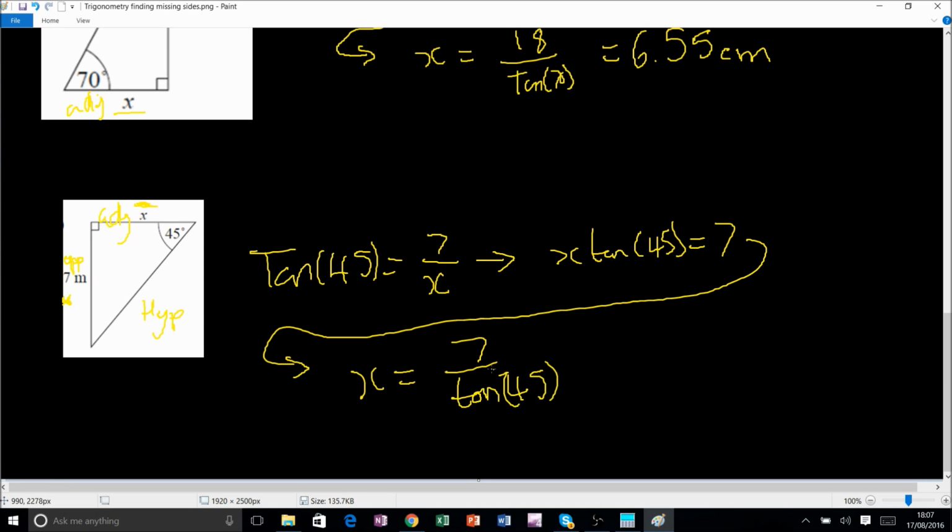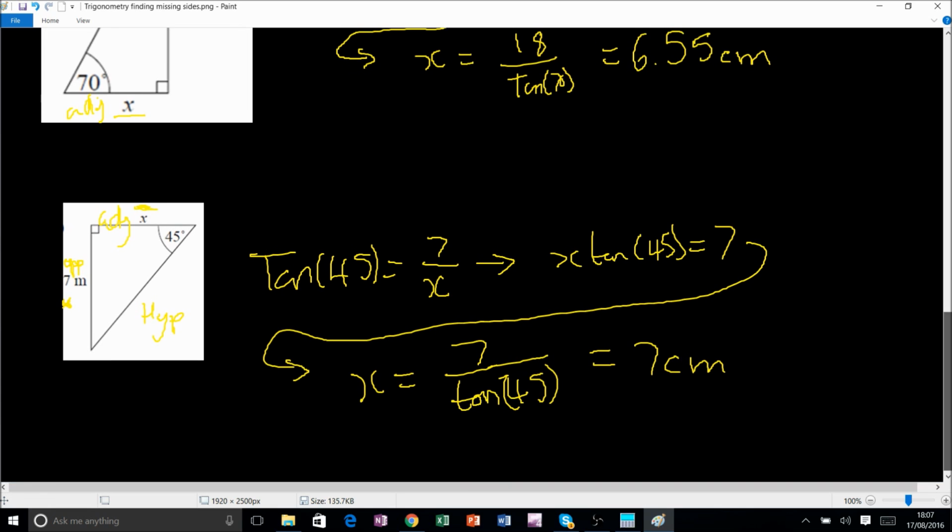Okay, and that is going to give us 7 divided by tan 45 is going to give us 7. Okay, and remember centimeters. So that triangle is actually a, what do you call it? It is actually an